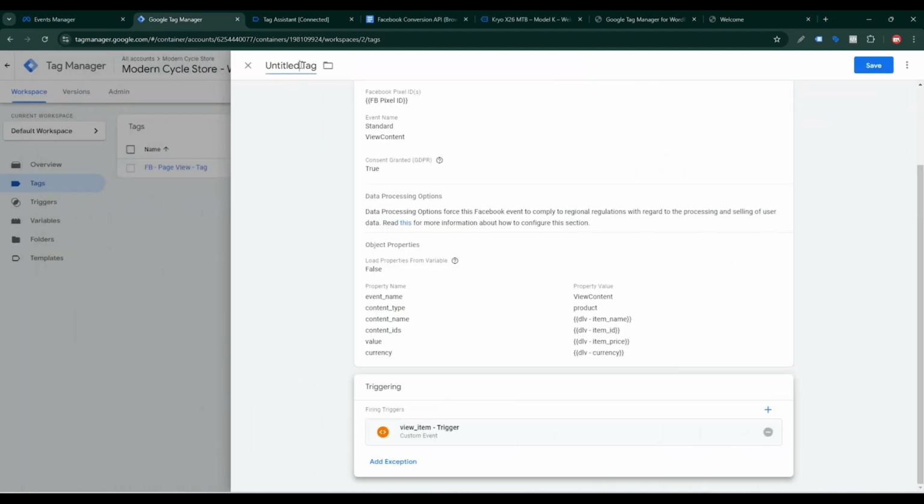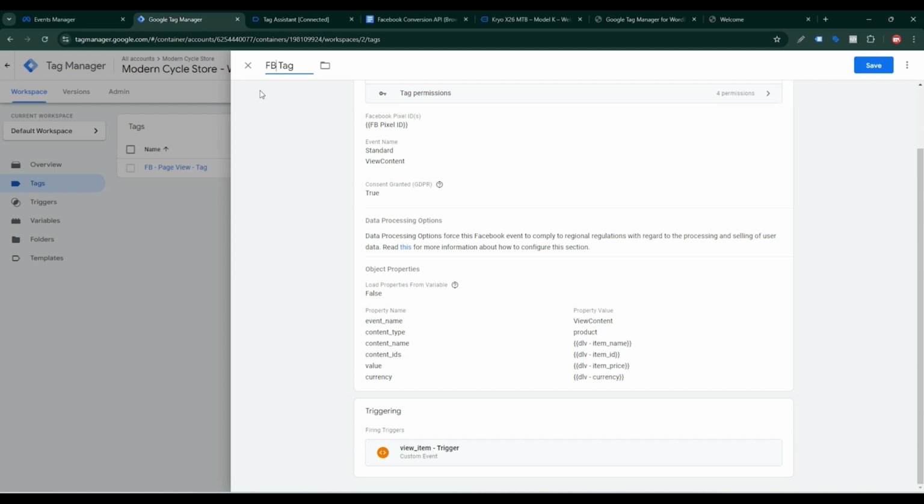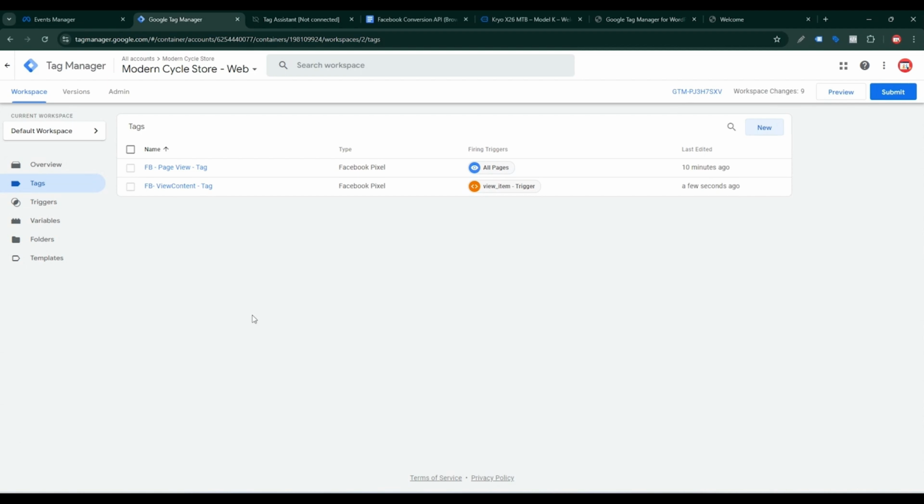Then I need an event name: FB view content text. Then click on save. Our view content tag is set up. Okay, so I need to click the preview button,